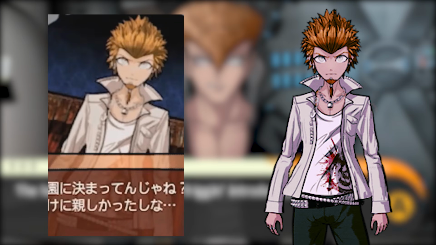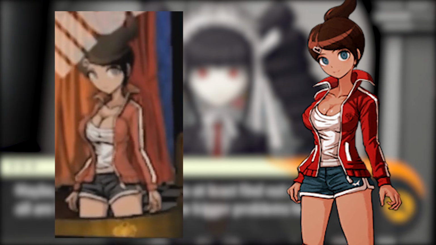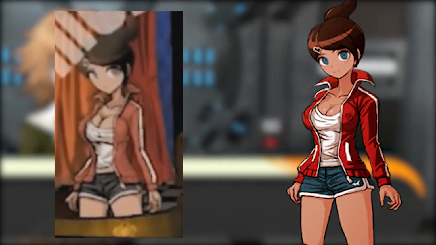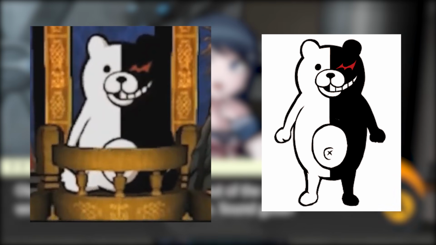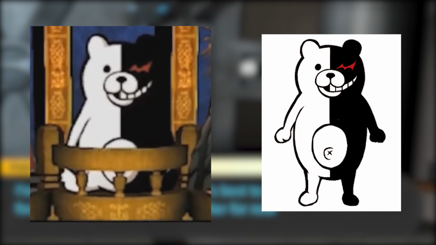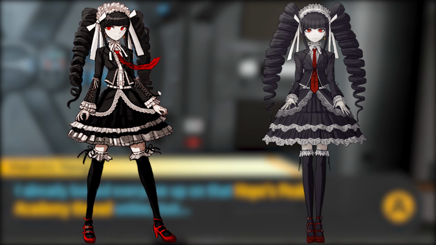Another interesting thing I noticed is that if you look at the old sprites found on the cutting room floor and compare those to the sprites used in the beta trial, you'll notice that it seems like they tried to tone down the saturation there too. The only character that maintains the same level of saturation is Monokuma. I'm thinking maybe to emphasize his cartoonish and over-the-top personality. I think this could have been one of the first steps that they took to try to make the characters